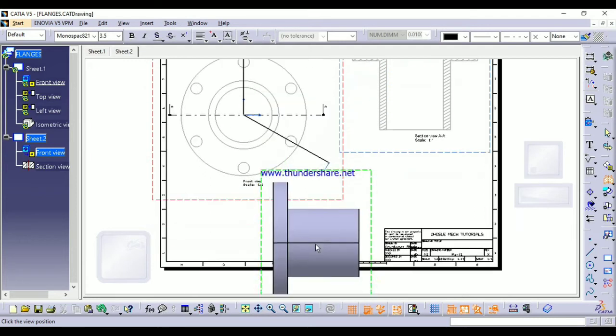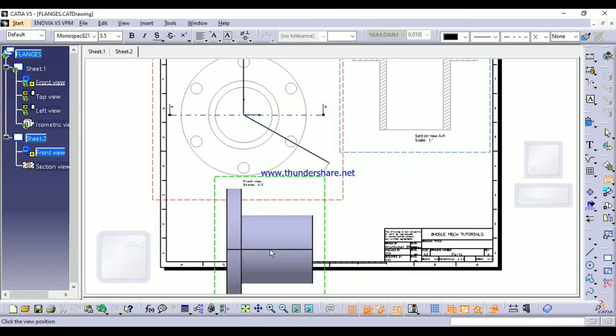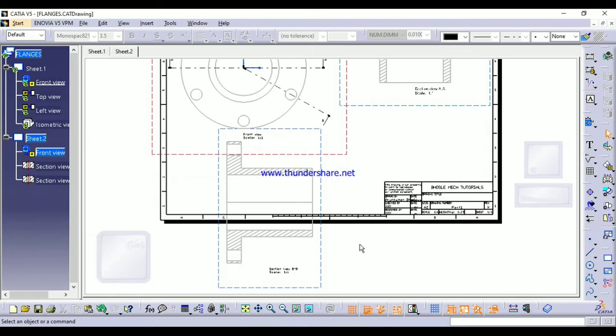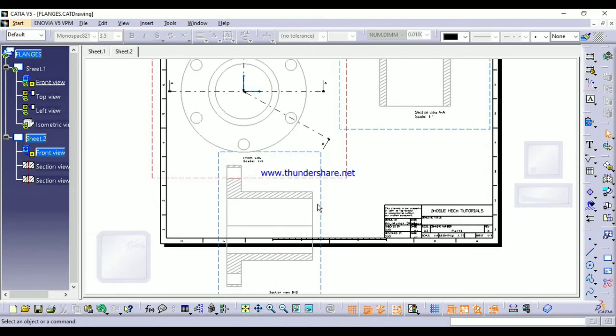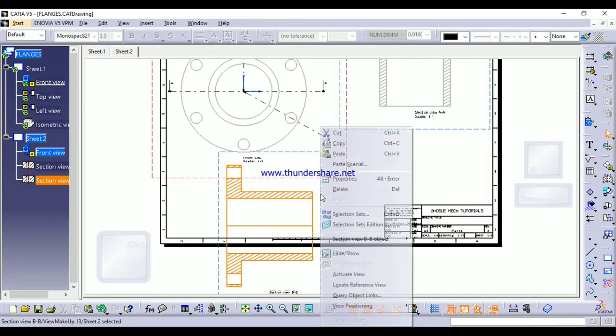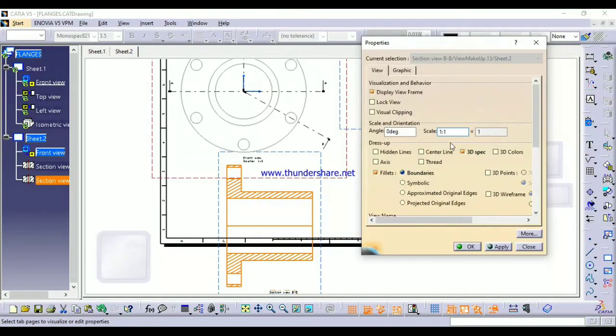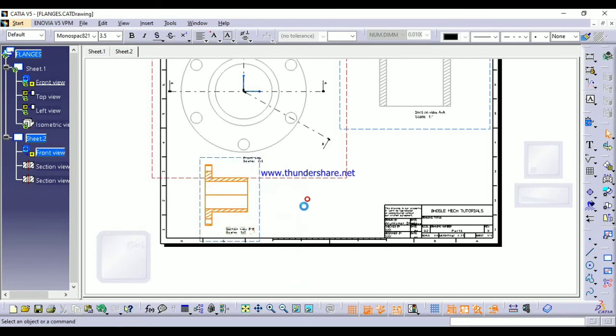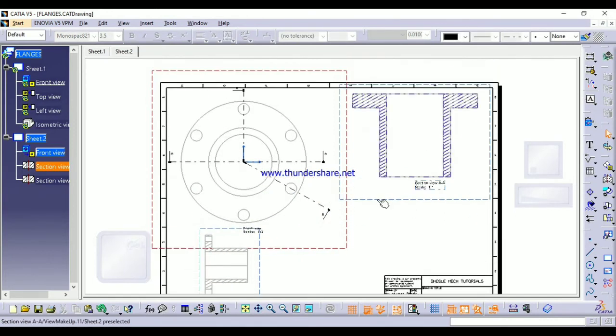See friends, like this we get the aligned section view. Right click, properties, and you can change the scale. See friends, like this you can get the desired size and shape.